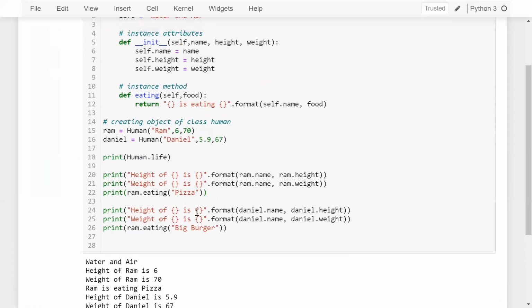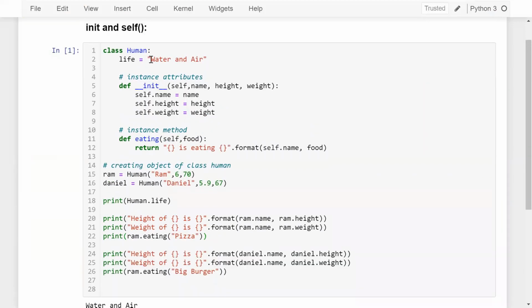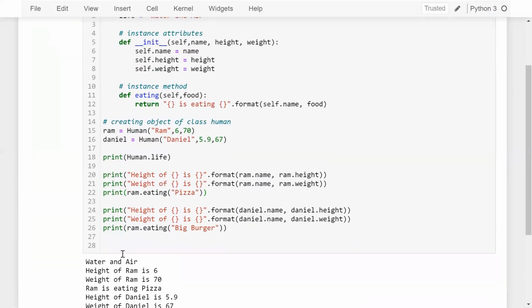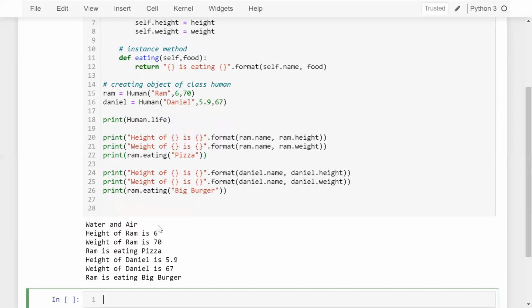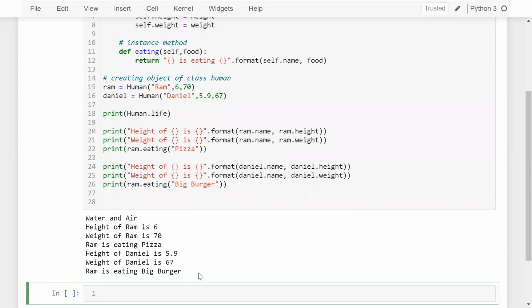So here you can see that first of all, I accessed the class variable, which is water and air. And apart from that, I accessed the height of Ram, which is 6 feet, and weight for Ram, which is 70. And Ram is eating pizza and so on. Okay. So guys, this is a very basic example based on init and self.